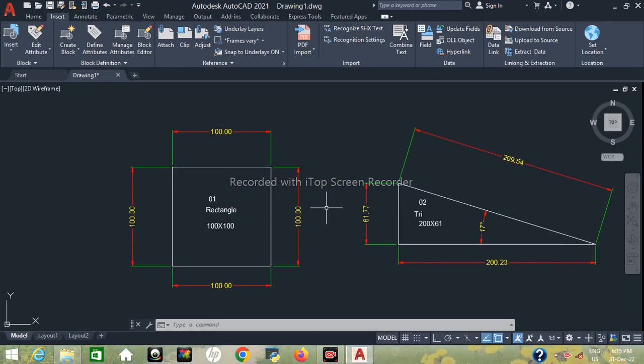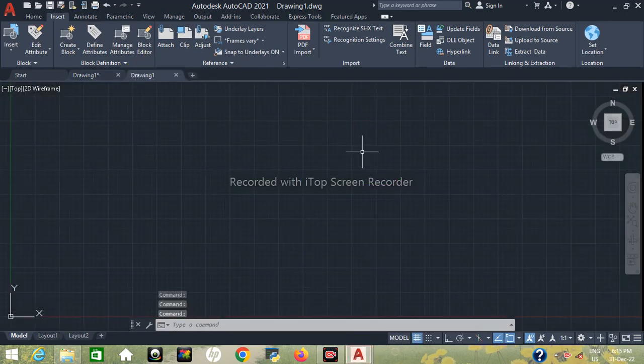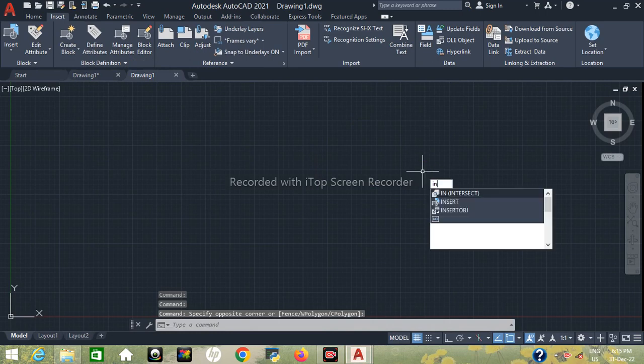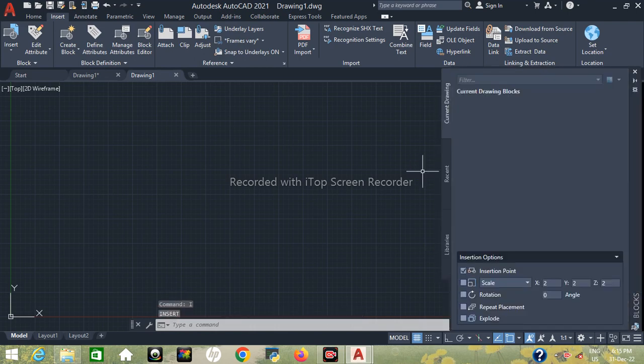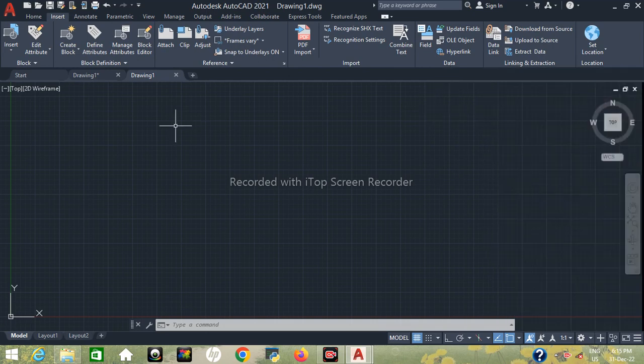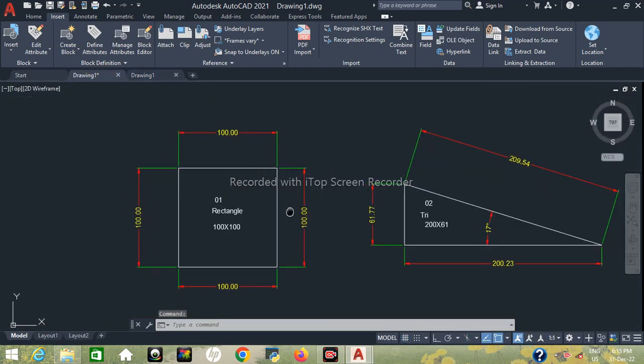If I want to use this block in any other drawing, like if I want to use this block from this drawing in another drawing, first of all, if you want to insert, then you have to select I, which is for insert, and then you can select blocks from here. Right now no blocks are coming in the insert option. So we have to